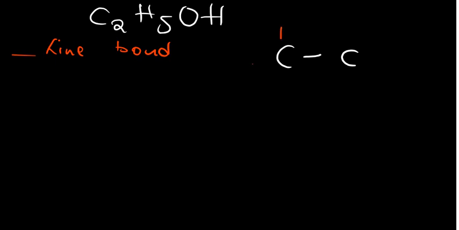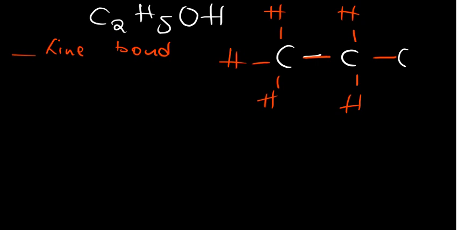So 1, 2, 3, 4. 1, 2, 3, 4 already. I'll start by putting the hydrogen atoms: 1, 2, 3, 4, 5. They're already done. Then we have an oxygen atom connected to a hydrogen atom there. So we've now shown what we are referring to as the